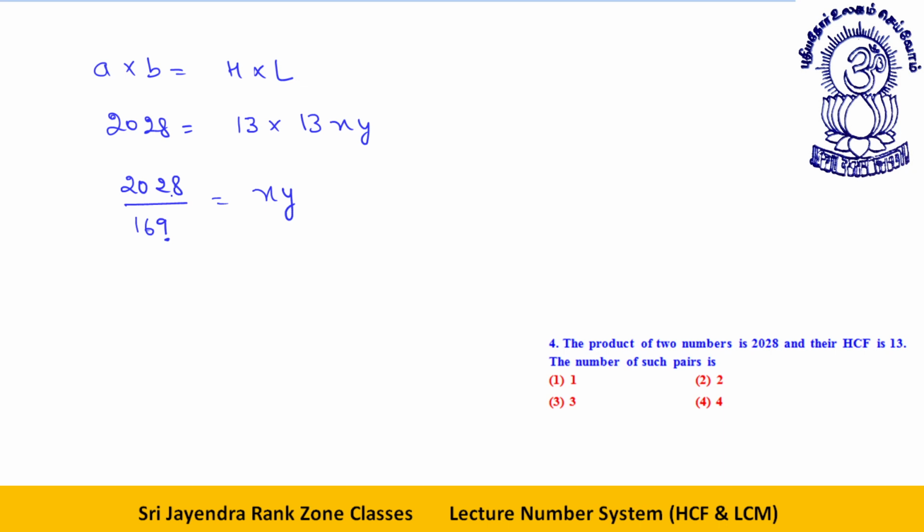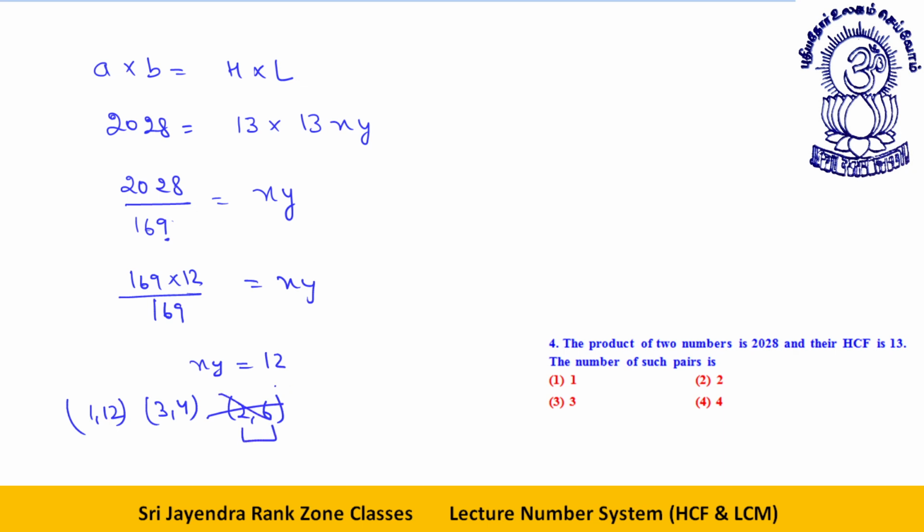9 multiplied by what? See, this is first of all more than 1690. This is more than 10 times. 9 multiplied by which digit will give you an 8? 9 multiplied by 2 will give you an 8. So I'm definitely sure this number is nothing but 169 into 12. Okay, you can do the calculation on your own. So you get XY is equal to 12, two numbers which are co-prime to each other, 1 and 12, 3 and 4, 2 and 6. I can't take 2 and 6 because they are not co-prime. Again, I have two pairs.